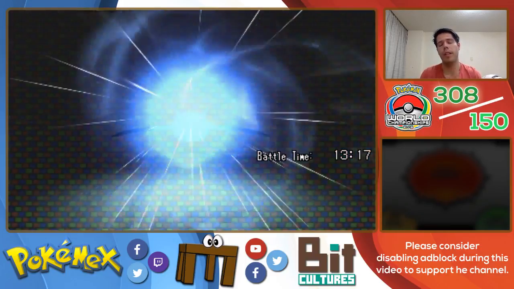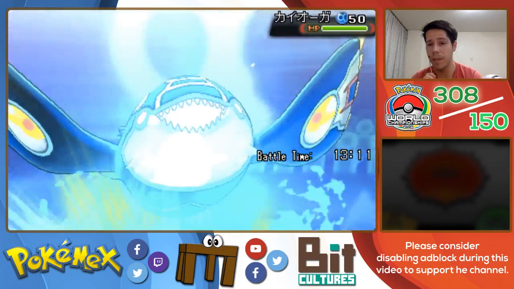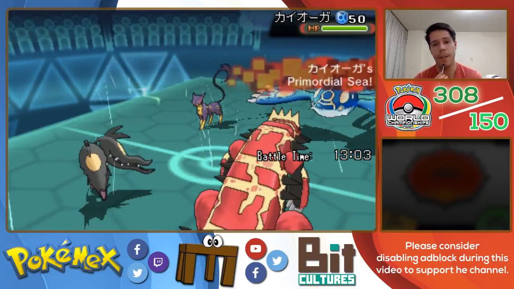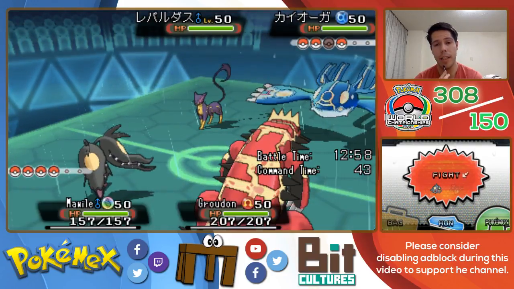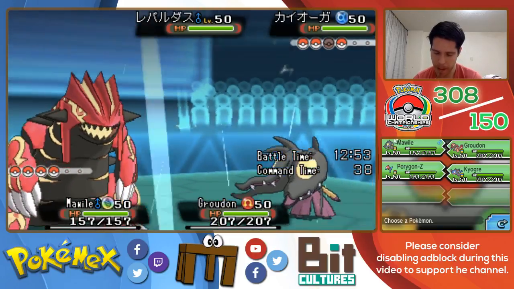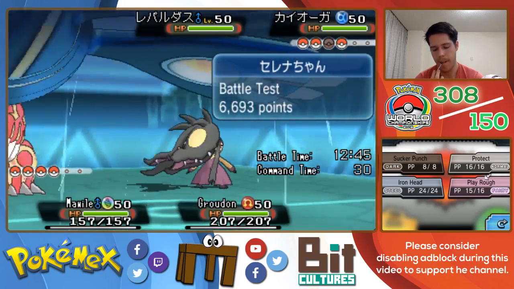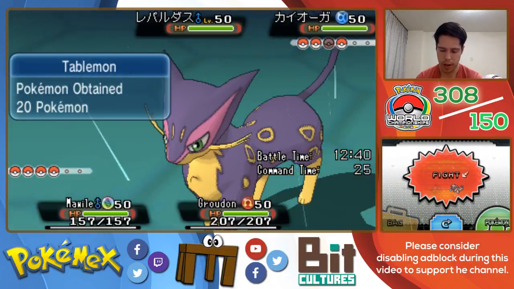Okay, so my opponent does bring in Kyogre, which I believe my Mawile easy V'd to survive a max special attack Water Spout, but he might Fake Tears the Mawile. I mean, my Groudon switching is really obvious. He's not going to Encore me. So I guess my best play is to Sucker Punch the Kyogre. And